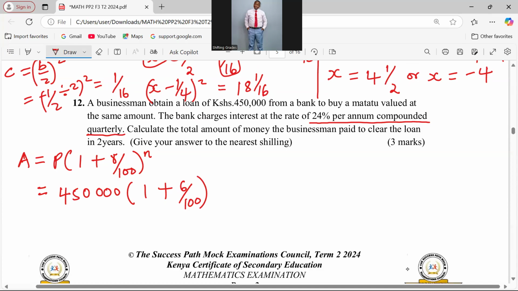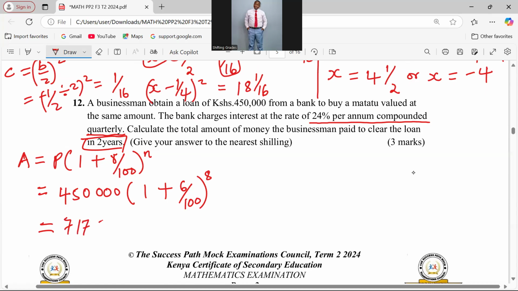But now, how many quarters will be there in 2 years? So n will not be 2. n is going to be 2 years, and each year is having 4 quarters. So it will become 8 at that point. So now we go to the calculator and talk about 1 plus 6 over 100. Then this now is what we are raising to power 8. After this, we multiply by 450,000. So I'm getting